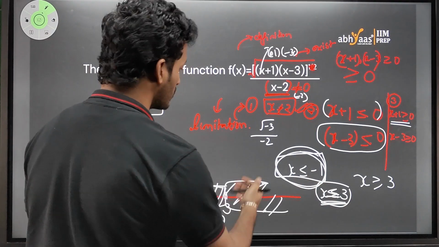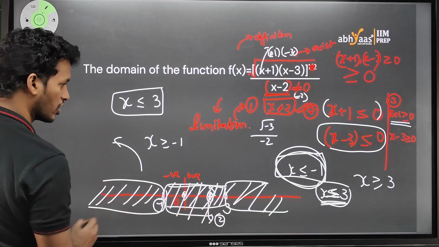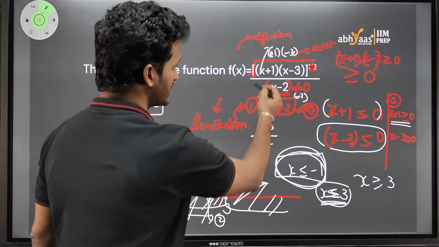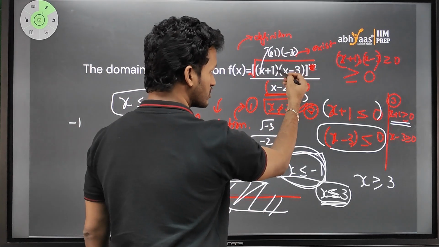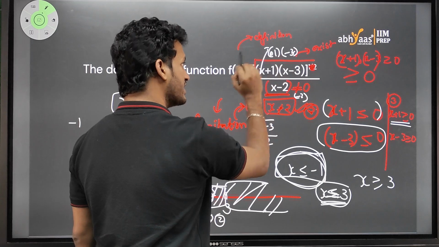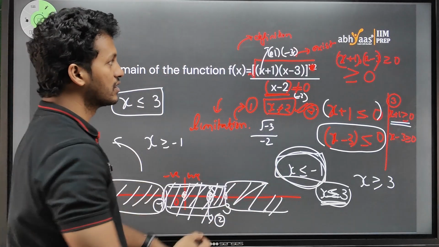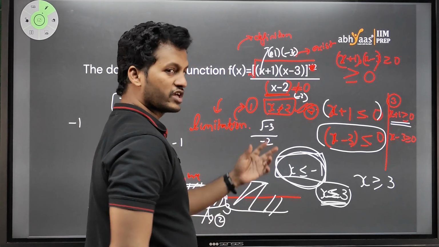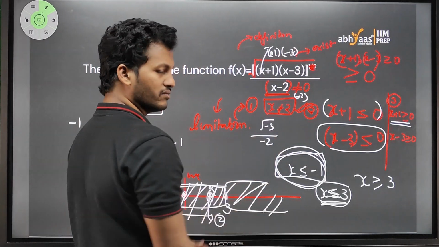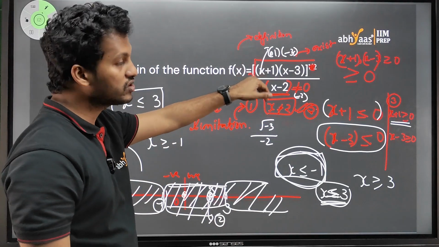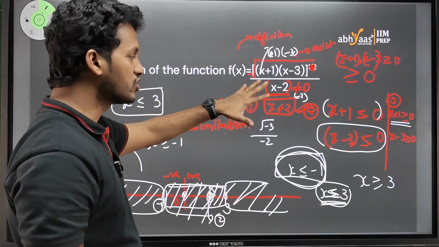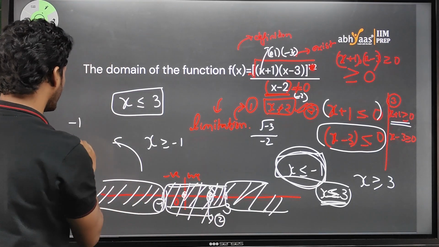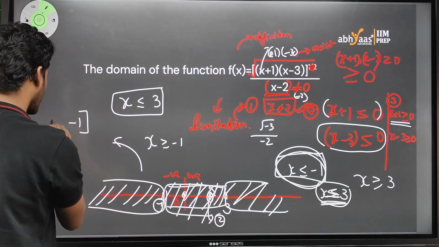Okay, so what is the common part here? The common part is minus 1. If I start from minus 1, it will become 0, so the whole will be 0, it is okay. But what if I take minus 2? That means less than or equal to minus 1. If I take minus 2, it will be minus 1 and it will be minus 5. So when I multiply both of them, it will be positive, right? And this is also defined, minus 2 and minus 2 is minus 4. Yes, I can divide the root with minus. Okay, the value under the root should not be negative. Okay, so the negative value of this whole thing can be valid. That means from minus 1 to infinity,